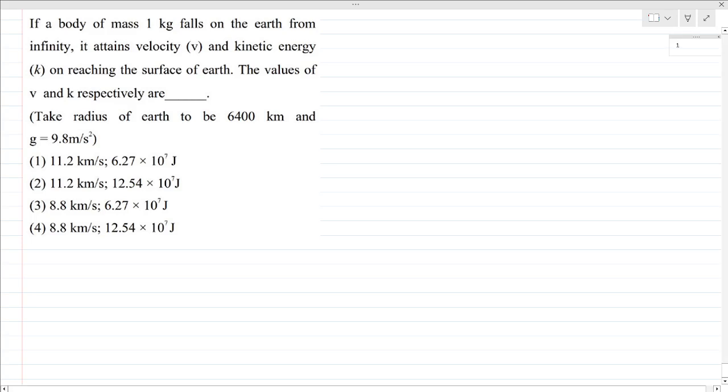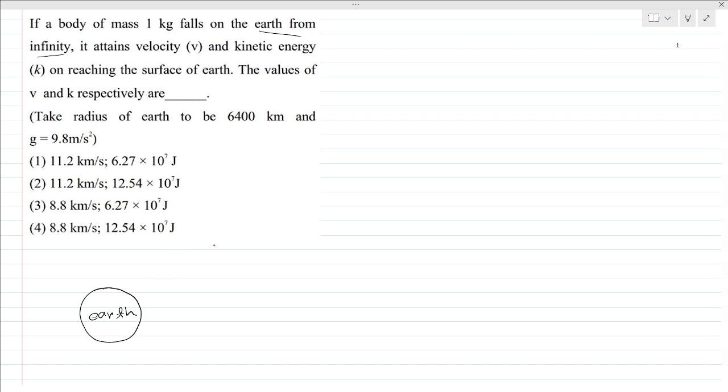If a body of mass 1 kg falls on the earth from infinity, let's take this as the earth. As we know, the earth has a gravitational field. Now one object falls from infinity, from infinity one object falls on the earth. It attains a velocity v